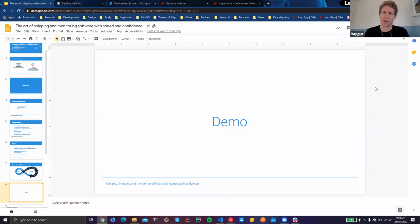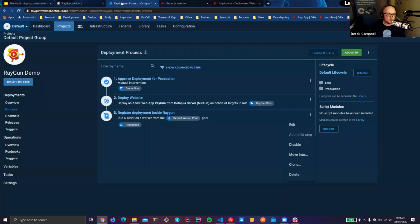What is the advantage to deploying from Jenkins as opposed to just deploying from Octopus Deploy? It's really, to be honest, I find it's just a preference. I think we often see customers who just do the build, push it in, and then promote it through Octopus. The reason I use it, more for demo purposes, is that you can run that check-in and then it will basically push everything and automate the entire pipeline,